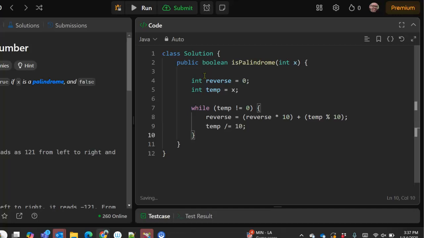So that'll go through the process that we just drew out, and we will return